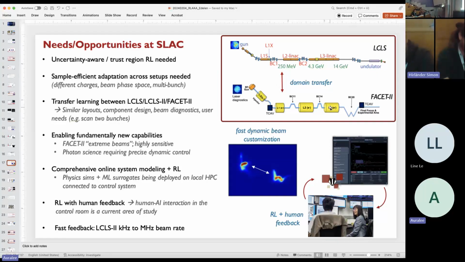So at Facet, for instance, one of the things that they're trying to support is this extreme beams research area, where they're creating highly compressed beams that are unprecedented in terms of the beam parameters, and that's very challenging to try to set up and control. They're trying to also measure very subtle differences between different versions of theory for some of the nonlinear collective effects involved. And so there's some fundamental beam science there to be done. And it will require very fine control over this accelerator. And then, as I mentioned, increasingly on the LCLS side of things, there are science users that want to be able to manipulate the beam in ways that we really haven't done before to enable new science. There's a lot of